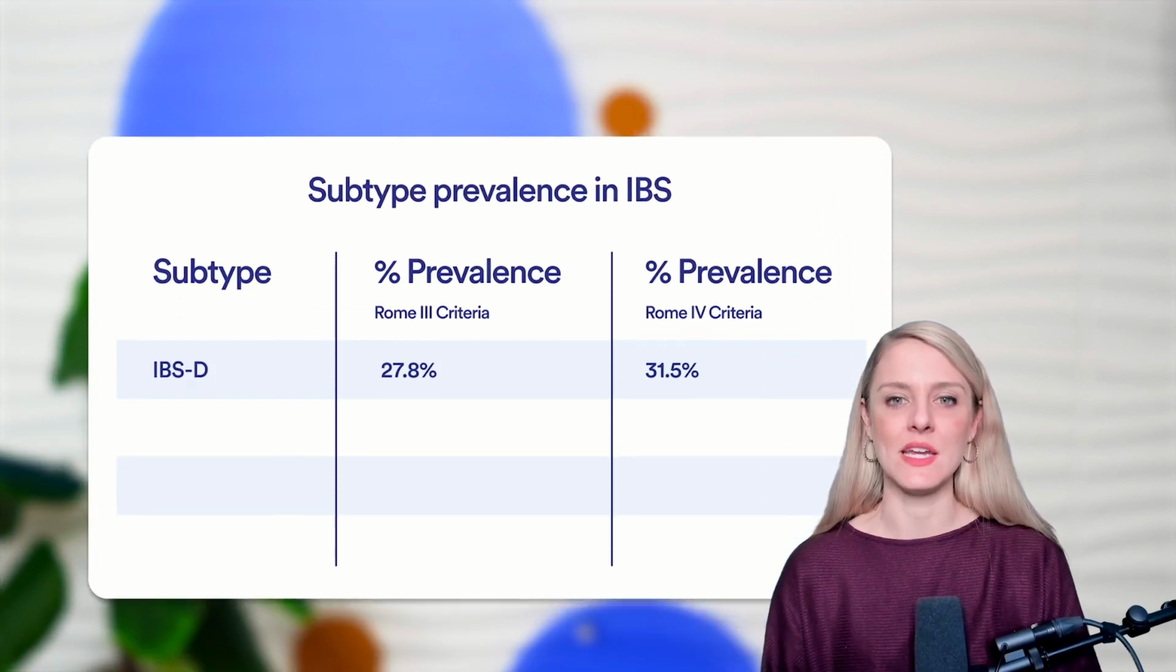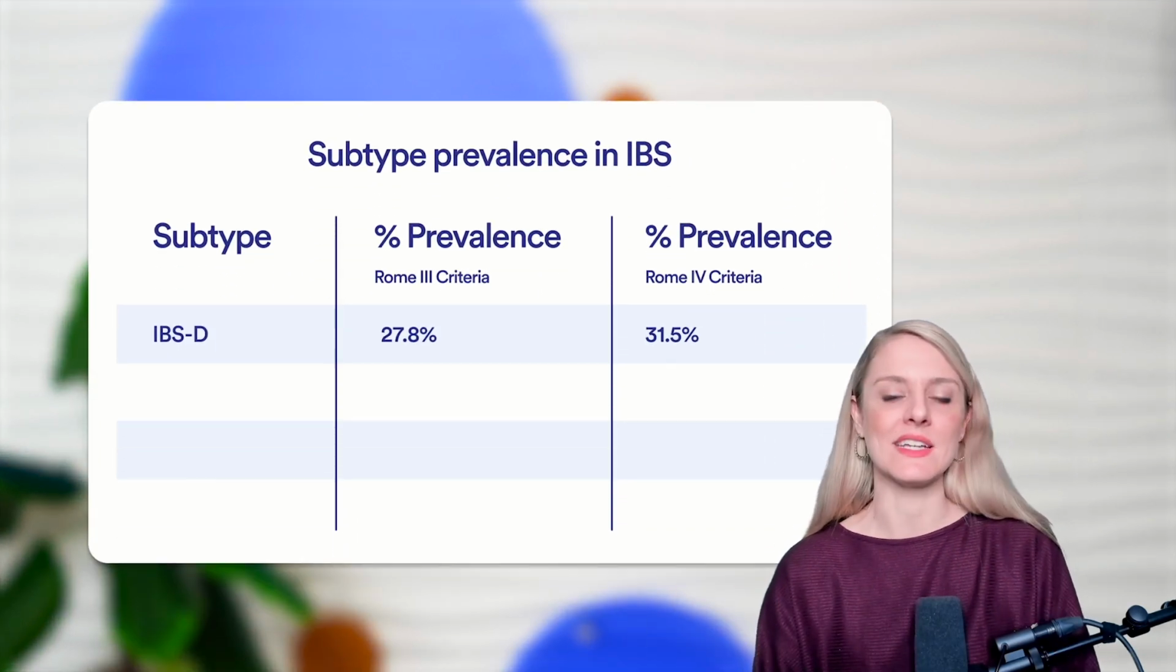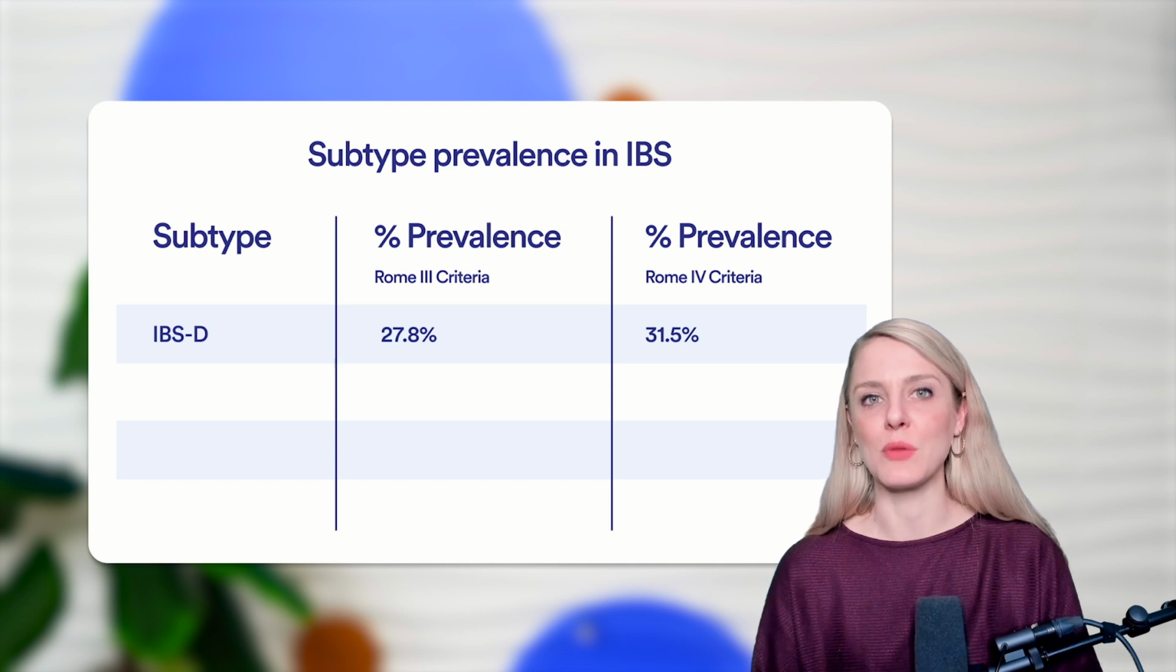So when it comes to the most common IBS subtypes, hands down, those are going to be IBS-D, IBS-C, and IBS-M, and IBS-U is a little bit less common. Now, the prevalence as far as percentage of people who have IBS that have IBS-D or IBS-C, those numbers can vary a little bit, and there's often a range, and that is related to things like changing IBS symptom criteria over the years. So that being said, for IBS-D, the prevalence within IBS is about 27.8 to 31.5% of